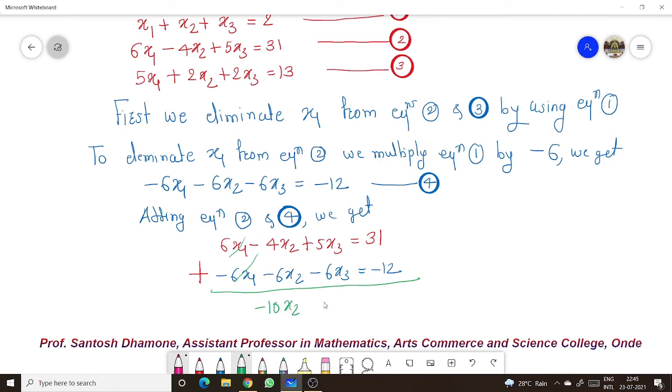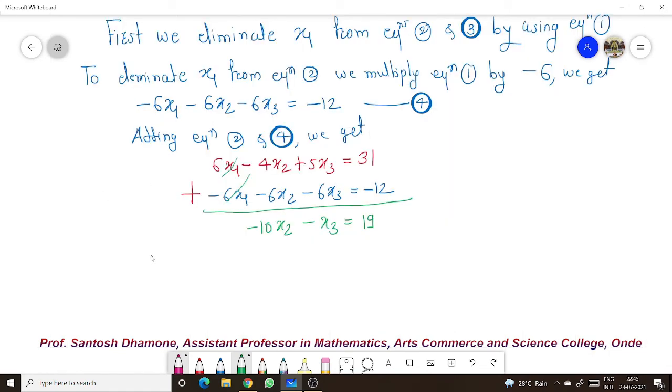Minus 10x2 minus x3 is equal to 31 minus 12, 19. Okay. This is equation 5. Therefore minus 10x2 minus x3 is equal to 19. This is equation 5. Okay. To eliminate x1 from equation 3, we multiply